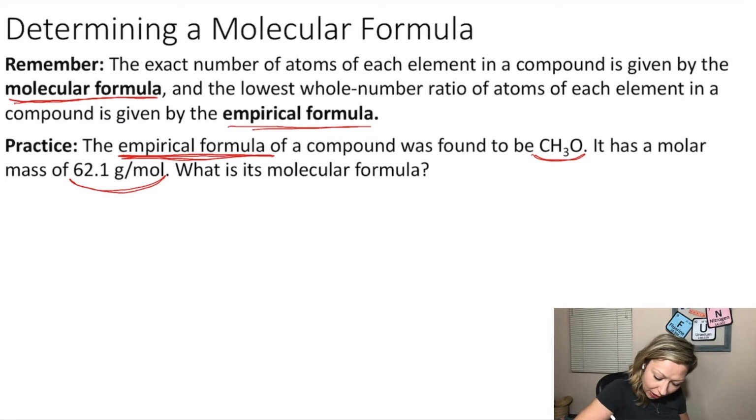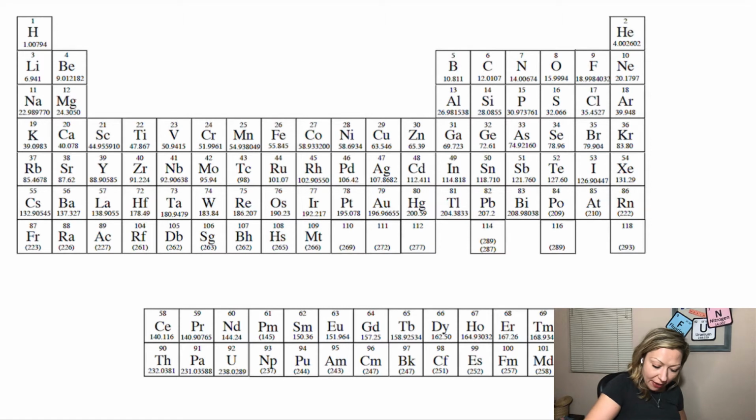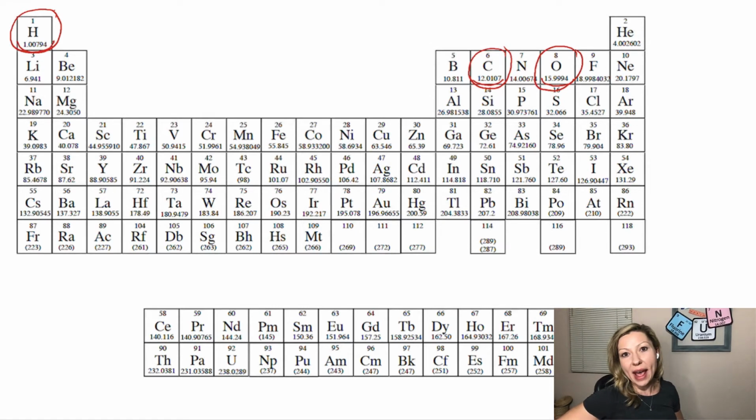So let's calculate the molar mass for CH3O, right? This is our empirical formula. Now we know that we have one carbon atom, three hydrogen atoms, and one oxygen atom. Where do I get the molar mass? Well, I have to take a look at the periodic table, find hydrogen, oxygen, and carbon, and use the respective molar masses of those atoms to calculate the molar mass for the empirical